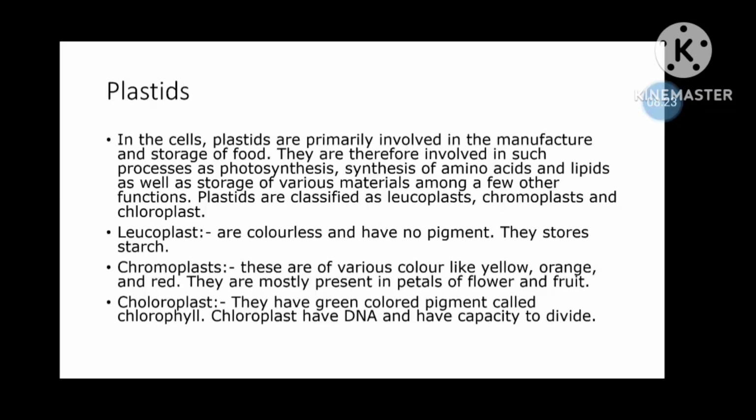Now, third one is your chloroplast. Chloroplast mainly has a green coloring pigment, that is chlorophyll. This chlorophyll traps the sunlight and facilitates the photolysis of water and helps in the photosynthesis process. So, the chlorophyll present in your chloroplast is mainly involved in the trapping of sunlight,